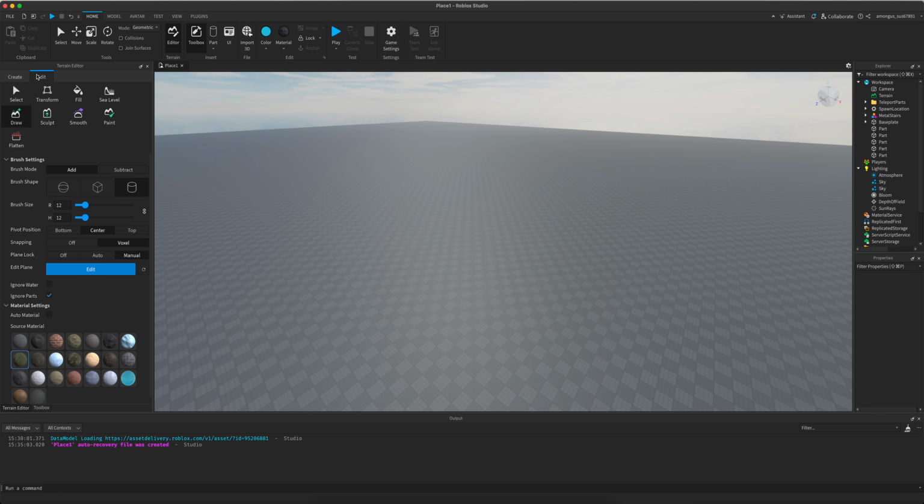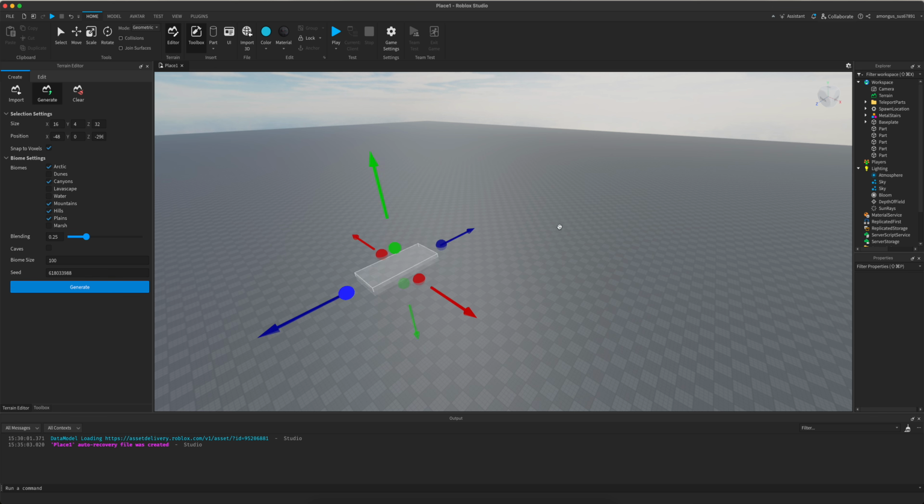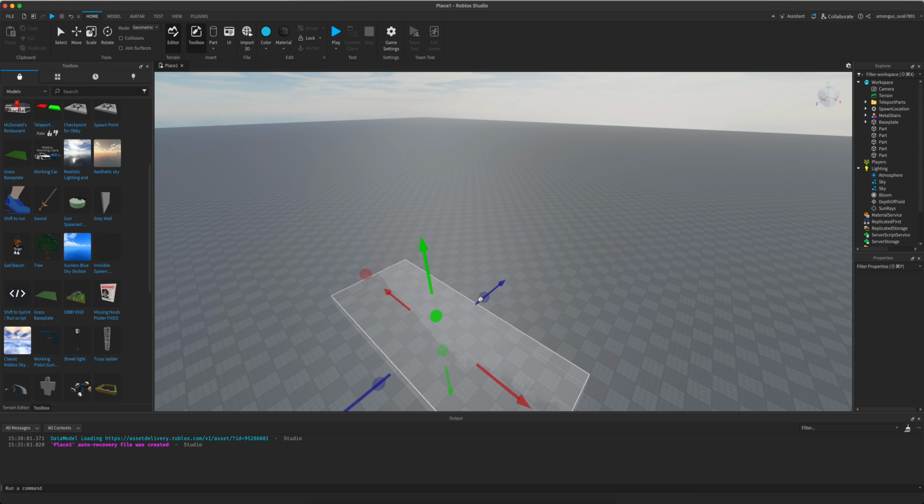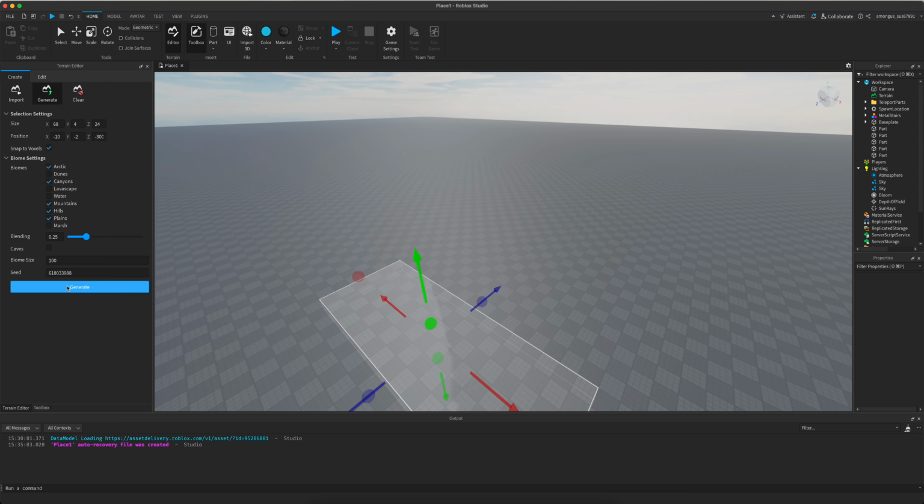So to turn it off, we just need to go and then enter toolbox. And if you can't seem to find the place where